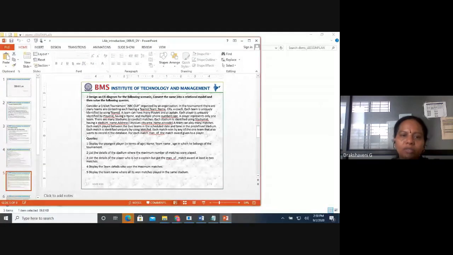In the second one, we have a cricket tournament database, where we have to create a database for the respective teams and execute the queries. Along with the queries, you have to draw an ER diagram and a schema diagram for this one.